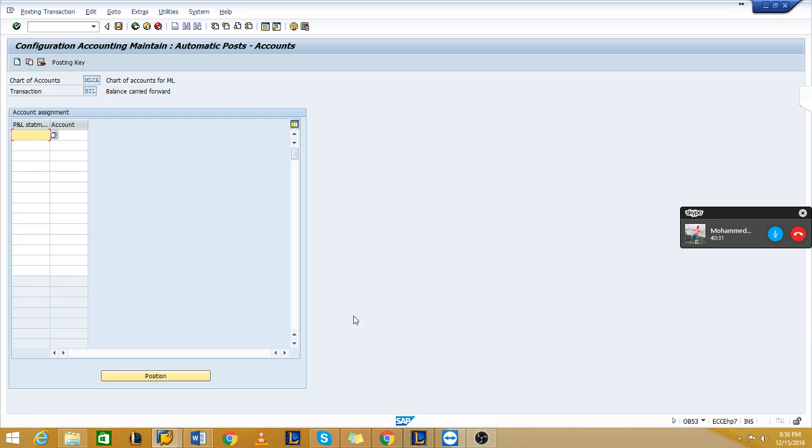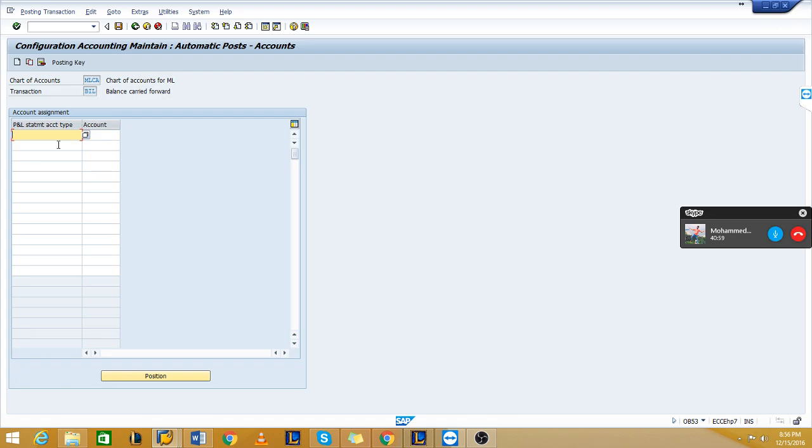So P&L account statement account type. Here, if you want, you can have two retained earnings accounts also. That is, you will have two different retained earnings accounts, and you will be transferring your balances to different profit and loss accounts. It depends upon your business requirement.